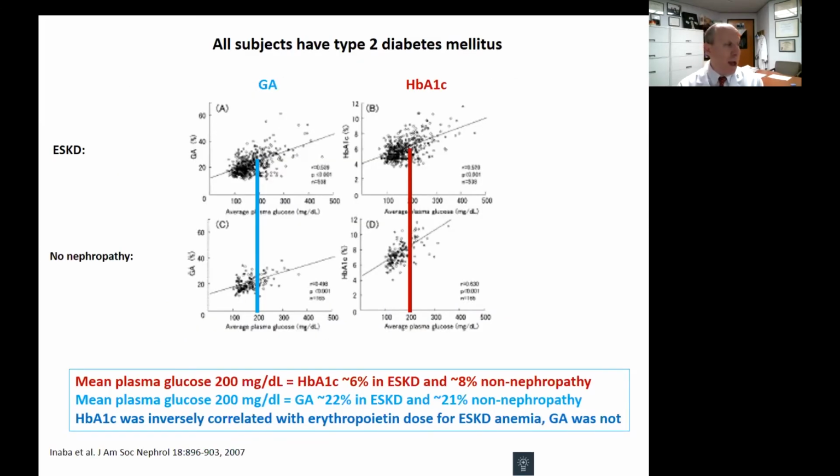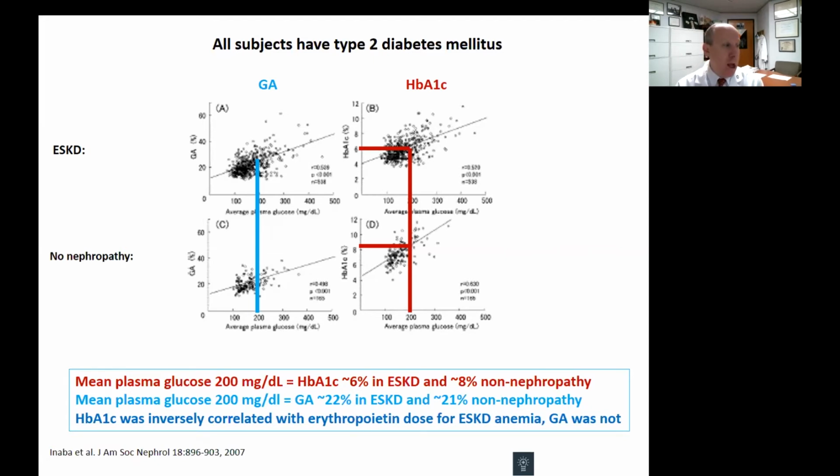You can see along the top row, we have patients with end-stage kidney disease, contrasting glycated albumin and A1C. On the bottom row, we have the controls without nephropathy. I've drawn a red line for a blood sugar of 200 milligrams per deciliter. In the patients without nephropathy, the hemoglobin A1C at a blood sugar of 200 was over 8%. But in the dialysis population with a blood sugar of 200, the hemoglobin A1C was approximately 6%, 2% lower for the same blood sugar, which was presumed to be from the effect of shortened red